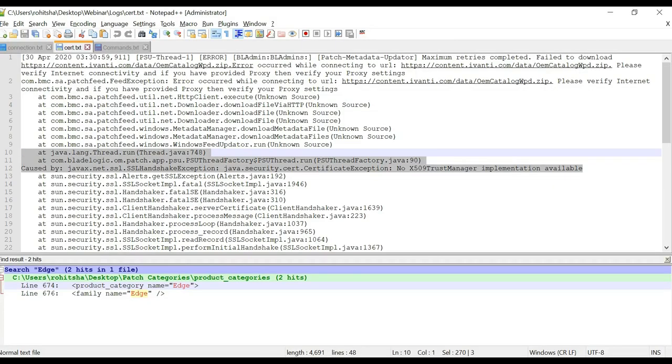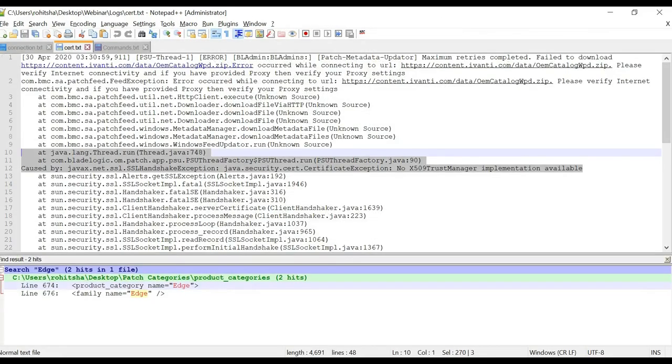So another cause for this error could be the certificate that is being used on the proxy. Now sometimes proxy administrators import HTTPS or SSL certificates on the proxy. Now if that is done, those certificates need to be imported in BladeLogic in TSSA's Java as well, which is the CAcerts file. Now we'll see in a moment how to import those certificates. In order to do that, the first thing that you'll need to do is ask your proxy administrators to give you the certificate. The format that we'll import in TSSA is the .cer format.